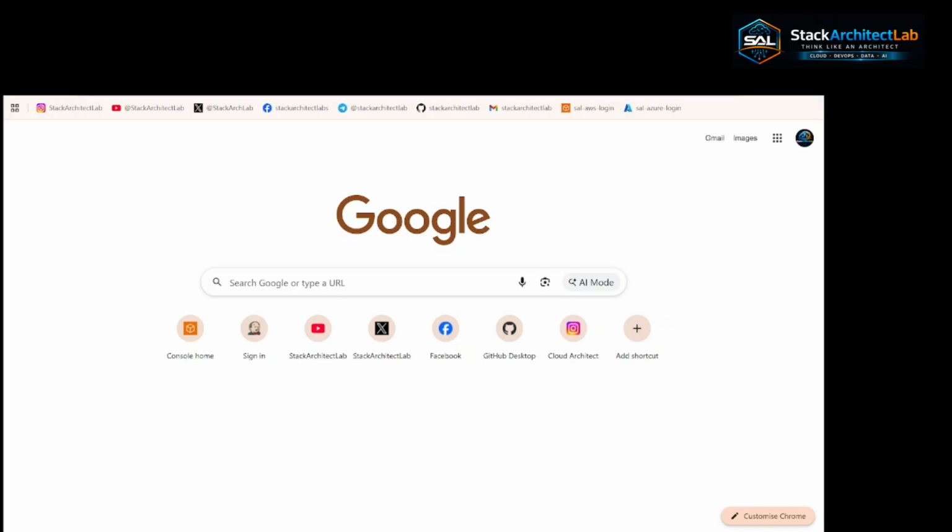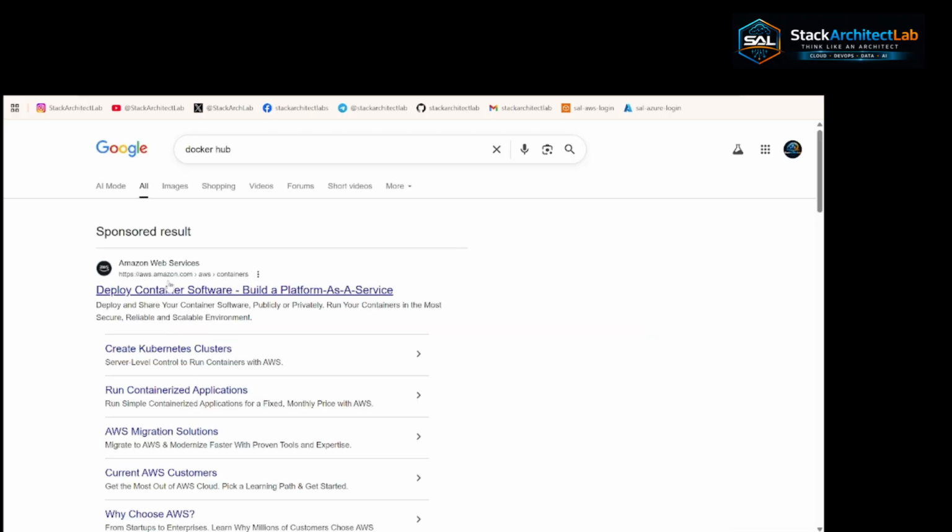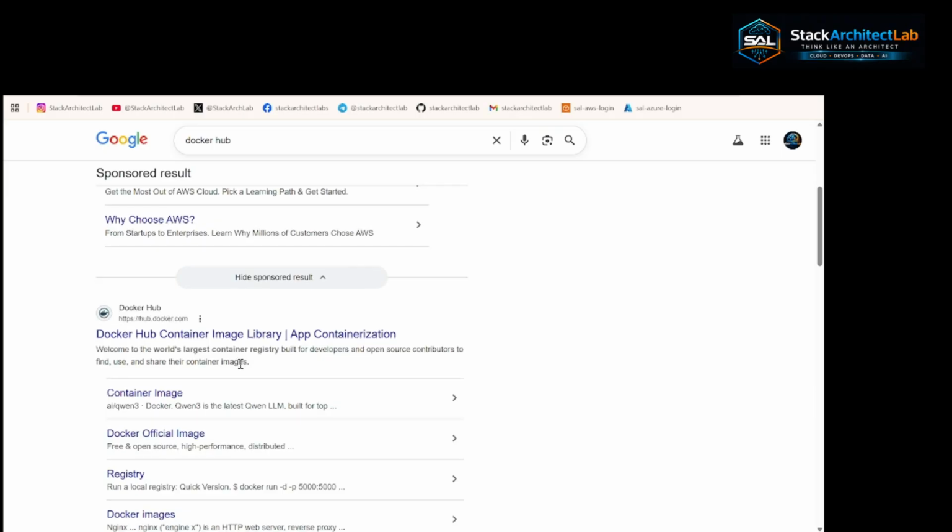Okay, so first we see how we can create the Docker Hub account. So let's search for something called Docker Hub here. Okay, and here you see there is something called hub.docker.com. Click on this,